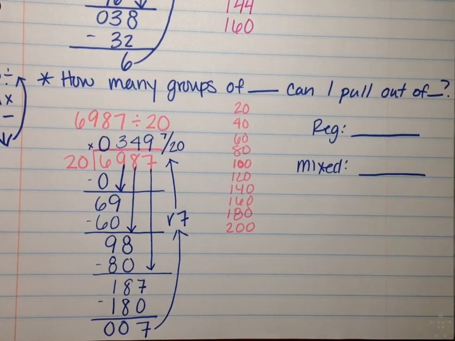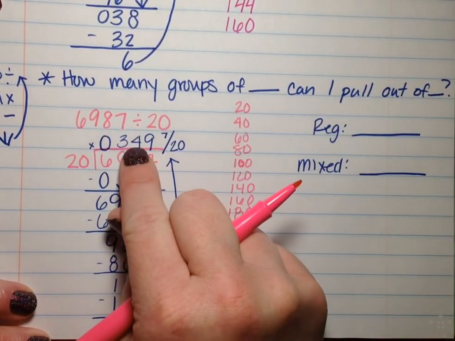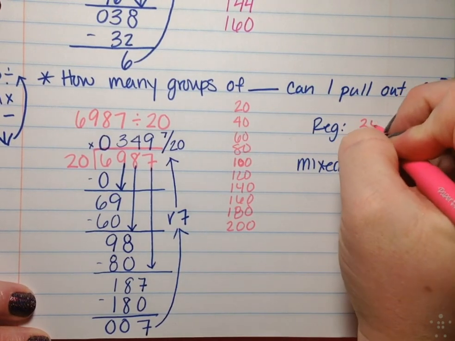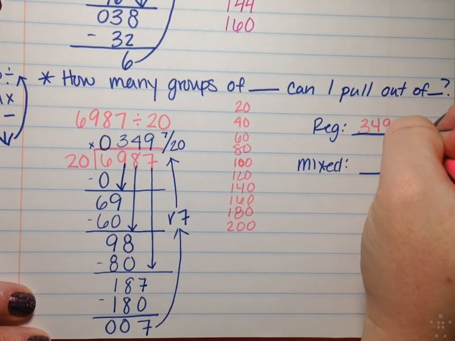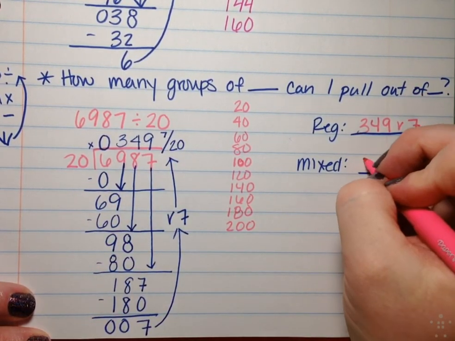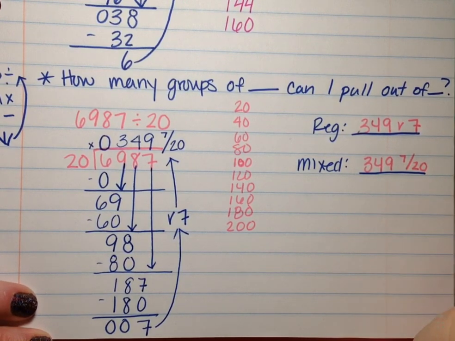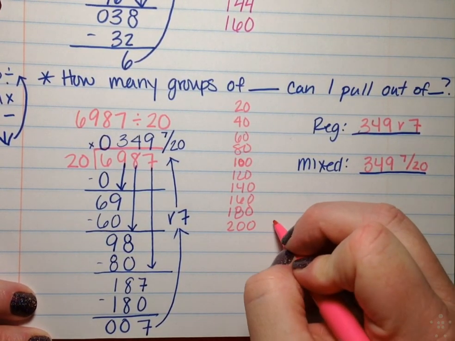So I have my regular remainder here, so I need my whole number, 349, remainder 7, and then my mixed number, remember, is a whole number and a fraction, 349 and 7/20. Go ahead and take a second to